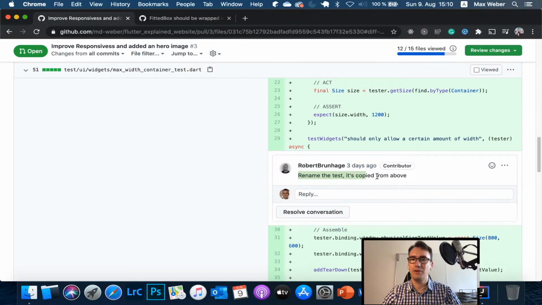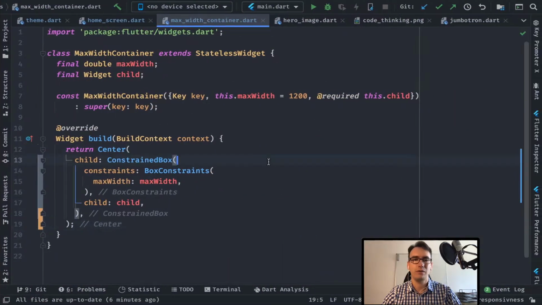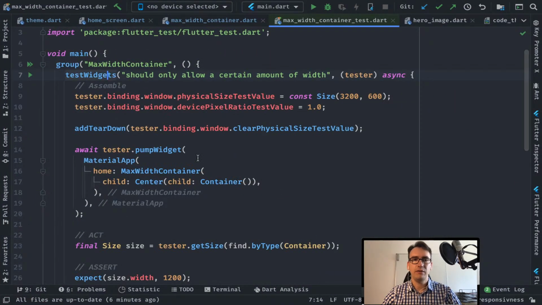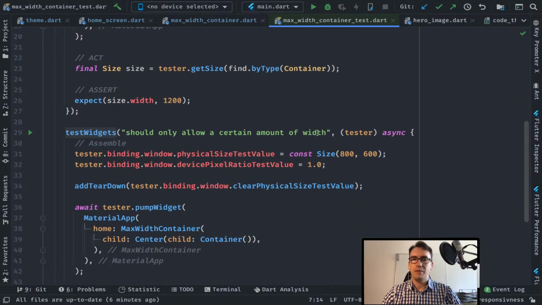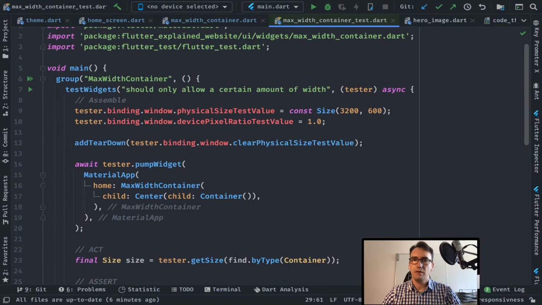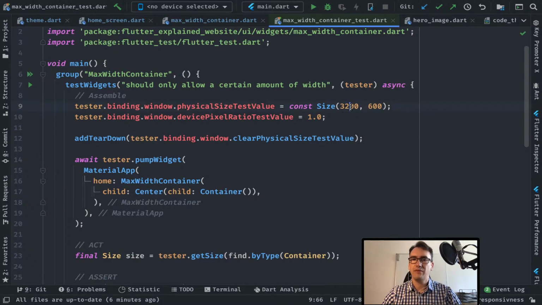Rename the test. It's copied from above. This is a very good point, and I think we really should work on that. So we have for this a test, right? Yep. Should only allow a certain amount of width. Okay. What happens here? So we have a very large width device here, and then we just checked all that